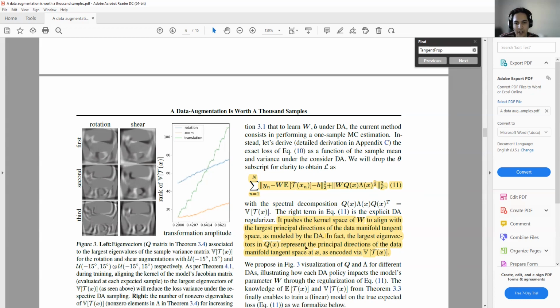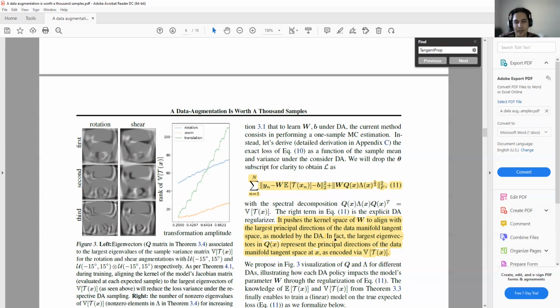In fact, the largest eigenvectors in Qx represent the principal direction of the data manifold tangent space at X as encoded via the variance of the augmented data. So basically, we want to minimize this formulation. For minimizing that, we need to align the weights, or the gradient saliency map of the network, or the gradient of the loss with respect to the input, with the smallest eigenvectors of the data augmentation. Because if W is aligned with the largest eigenvectors in the data augmentation, this loss will be increased,